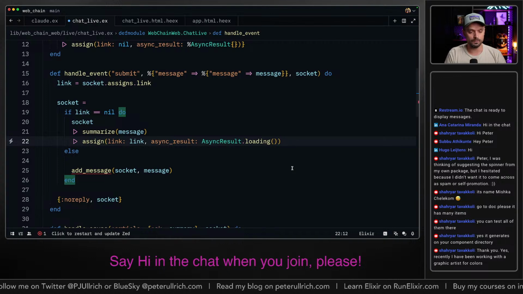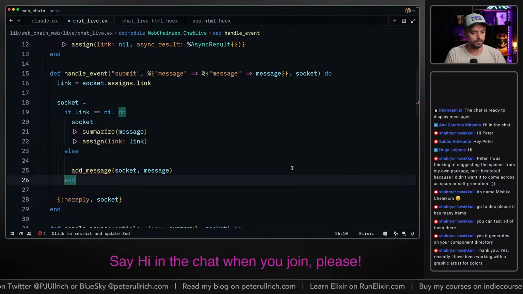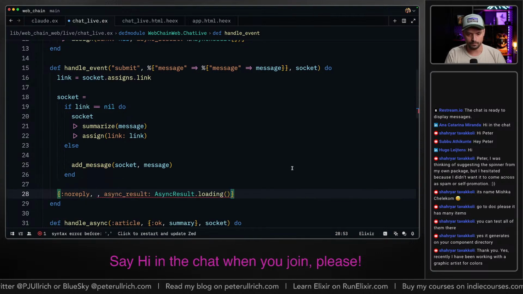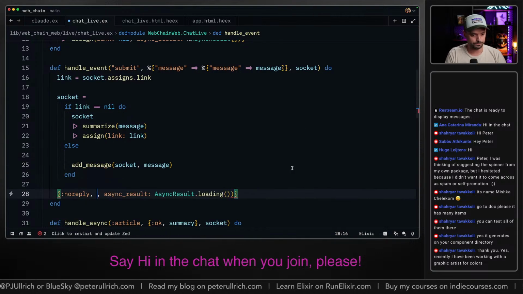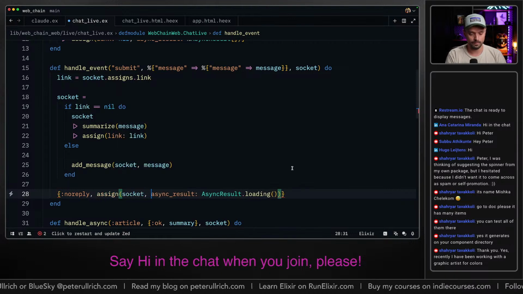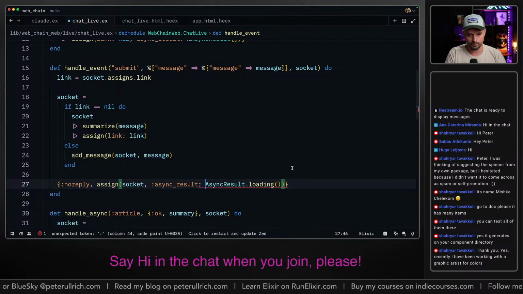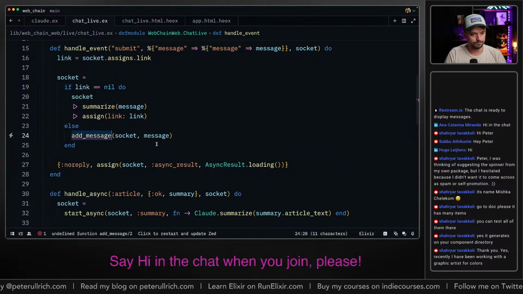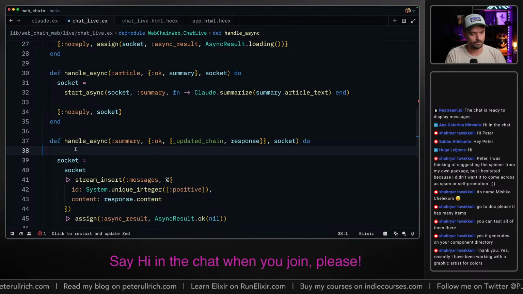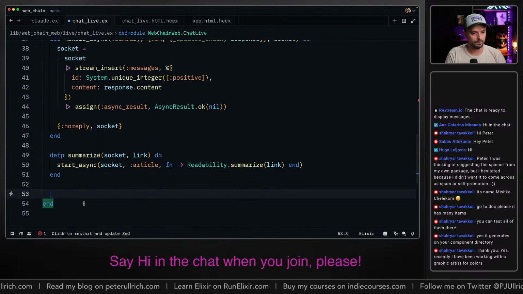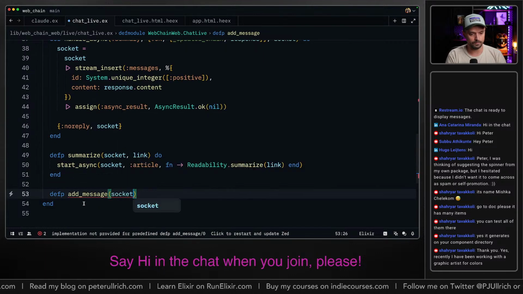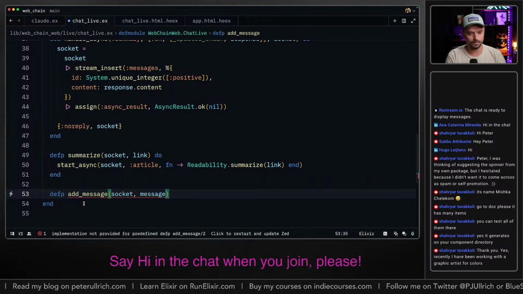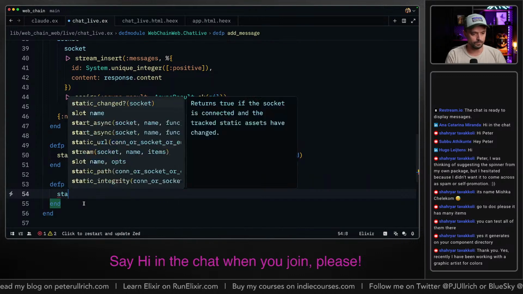And in both situations, we want to assign a loading async result. Right. And then in here we're gonna do add message to the socket message, and we're gonna do start async.